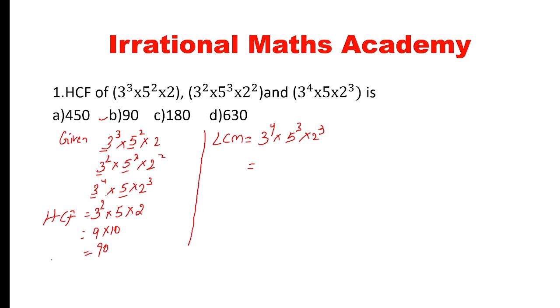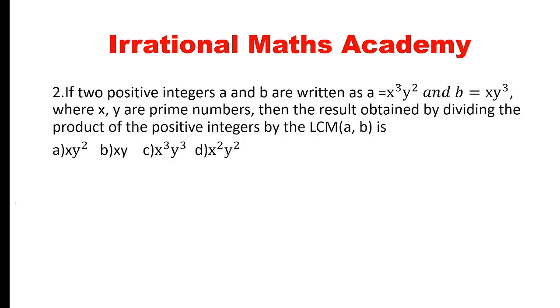In case of HCF, common you need to see. Common is important. In case of LCM, no need to find out any common. The highest power values you have to take. Okay, clear? Next. If two positive integers A and B are written, let us write down